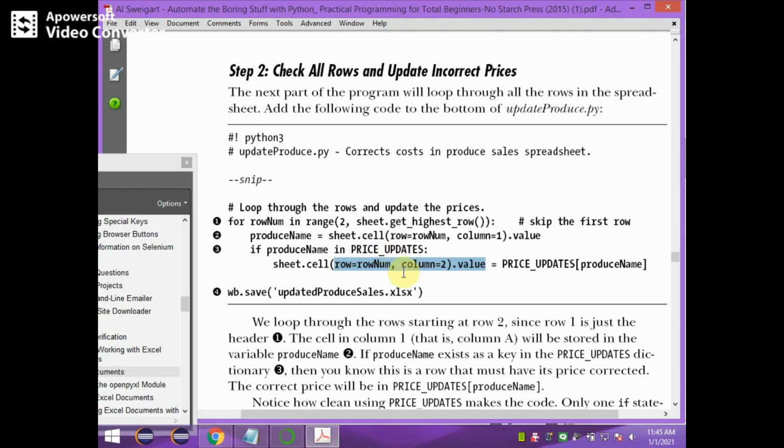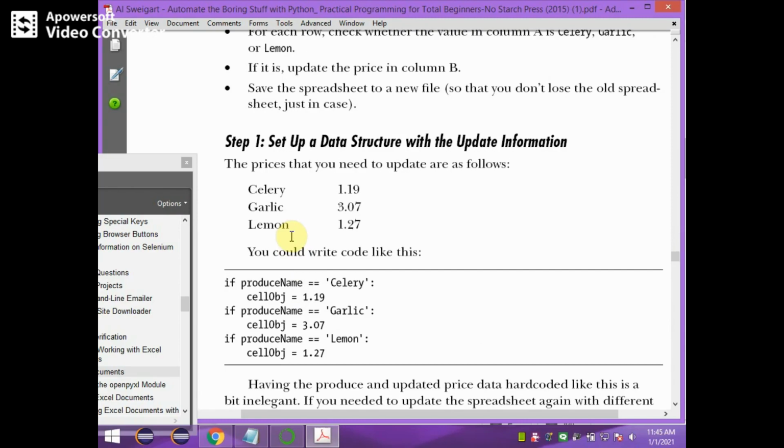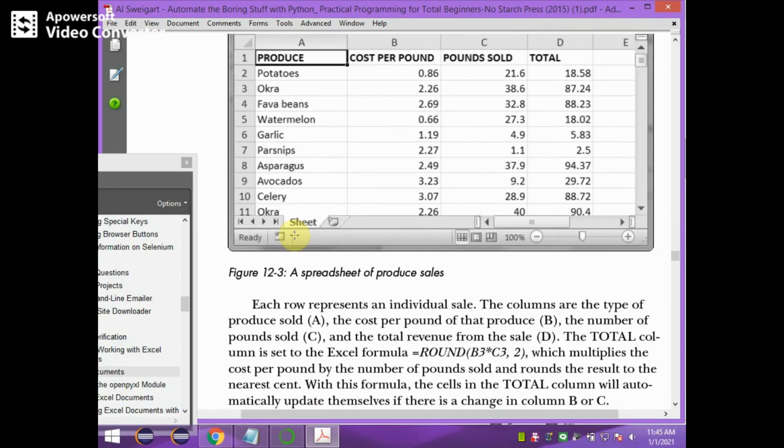This happens in all the rows of this spreadsheet. Here the A column contains the product, and the B column contains cost per pound. The B column is going to be updated if the product is found in the dictionary.